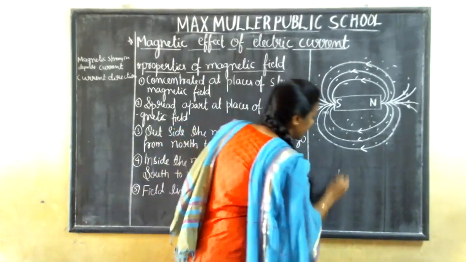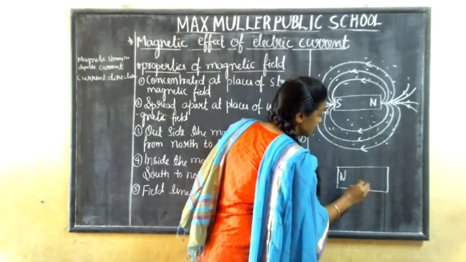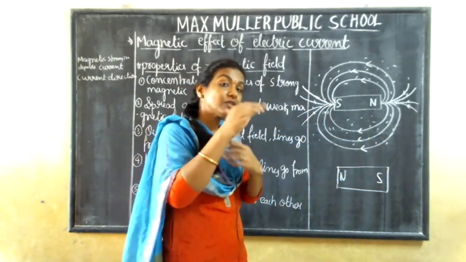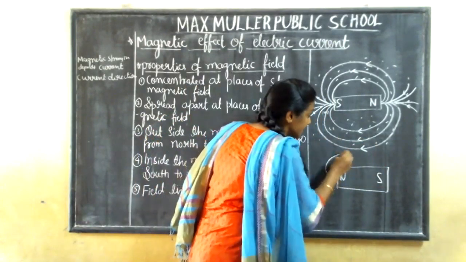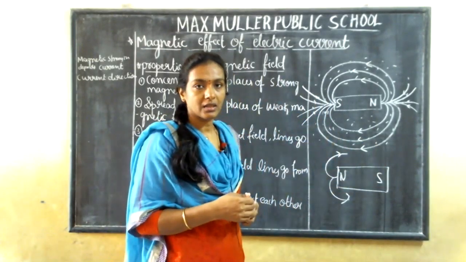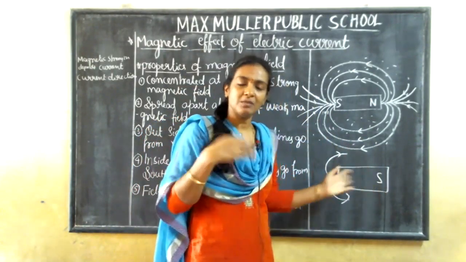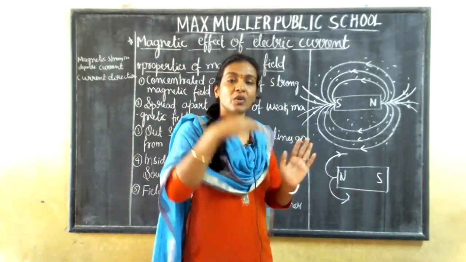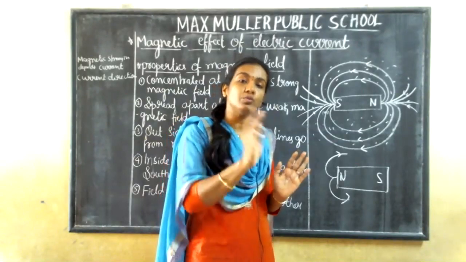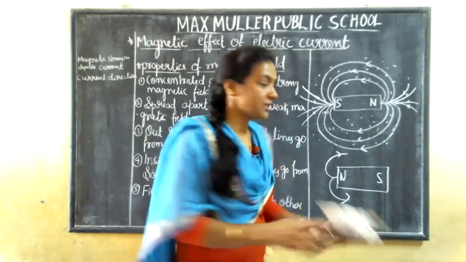I may take the bar like this. Here I can keep the north and here I can keep the south. So what happens here? If the rays are coming out like this, this is the direction of the rays, and this is the north. It may change, north and south. You can write here or there. It depends. But the thing is, whatever magnetic field lines you are showing should be from the north. The lines should emerge from the north.